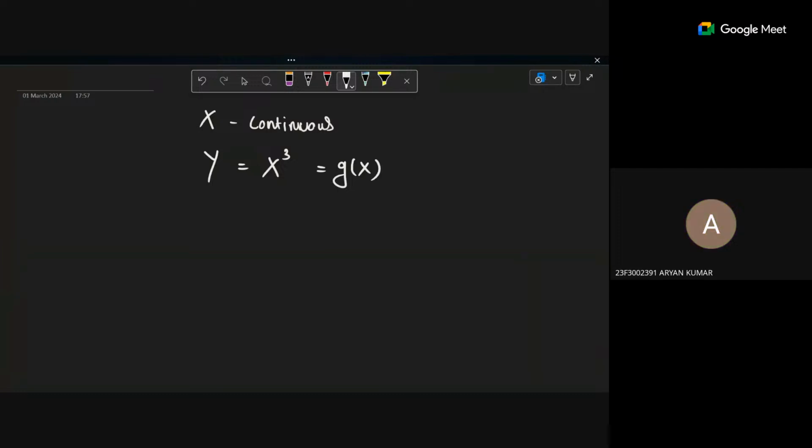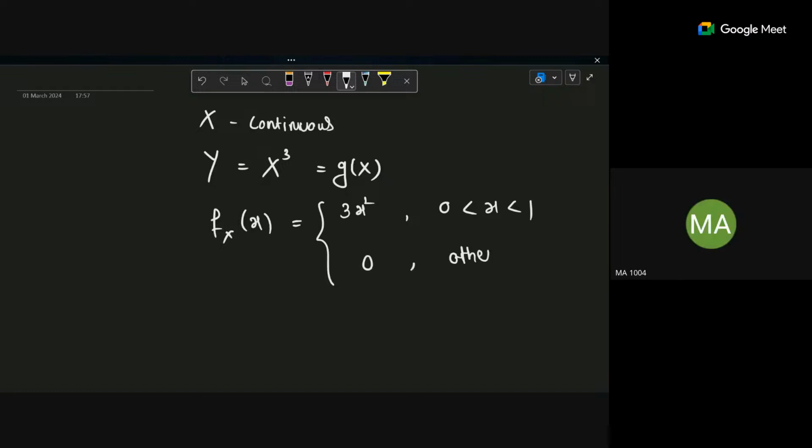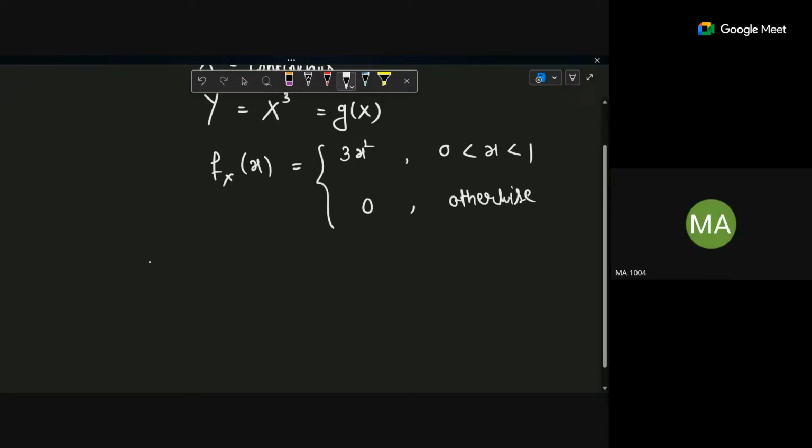Then we will check if it is monotonic in the range of x which is given or not. So f x of x, the PDF of x, is given to you. That is nothing but 3x square in the range 0 to 1, right? Yes. So do you know the nature of x cube in this range 0 to 1? Increasing, ma'am. Increasing, right? It's a monotonic function. So your g of x is monotonic,